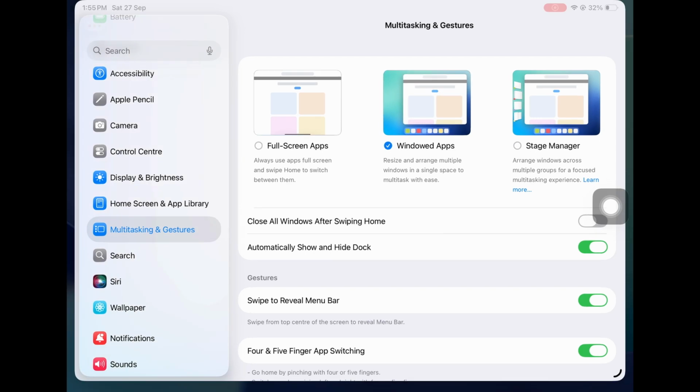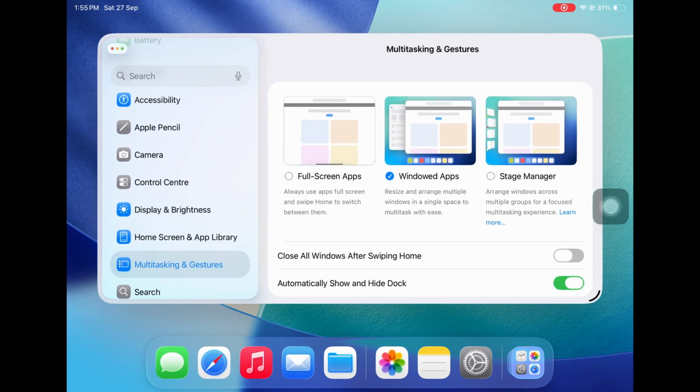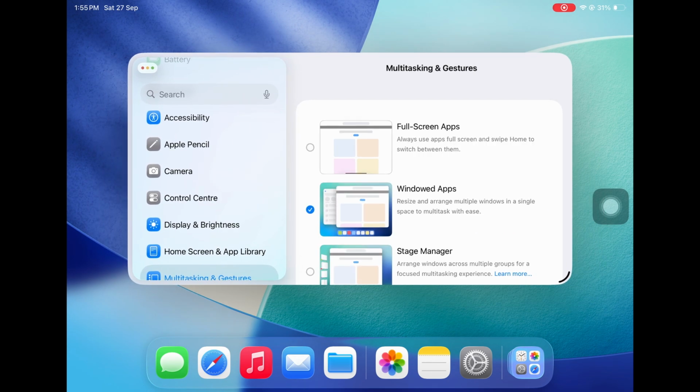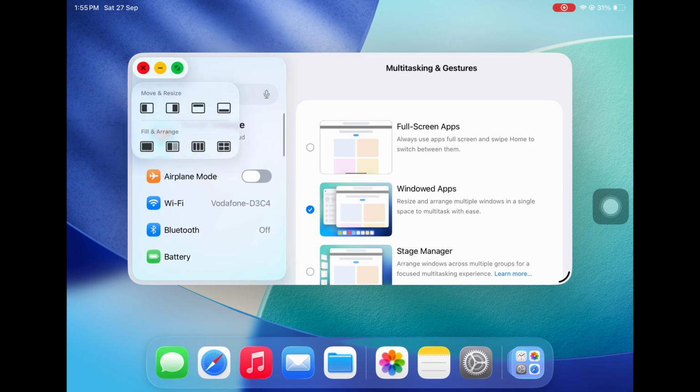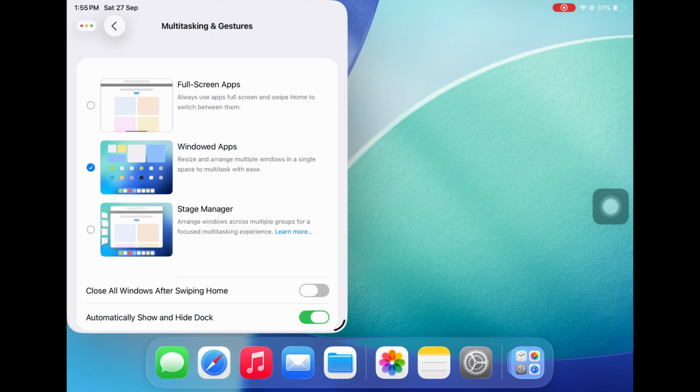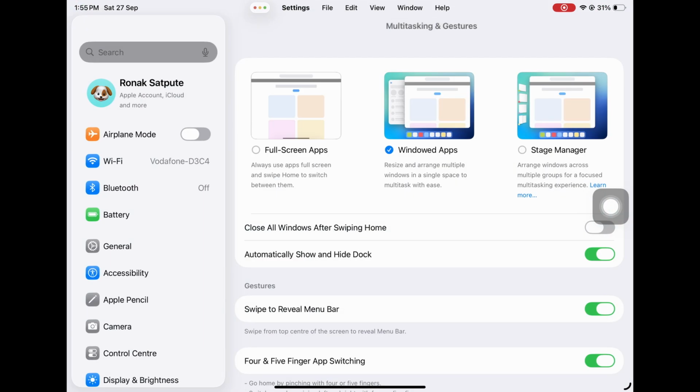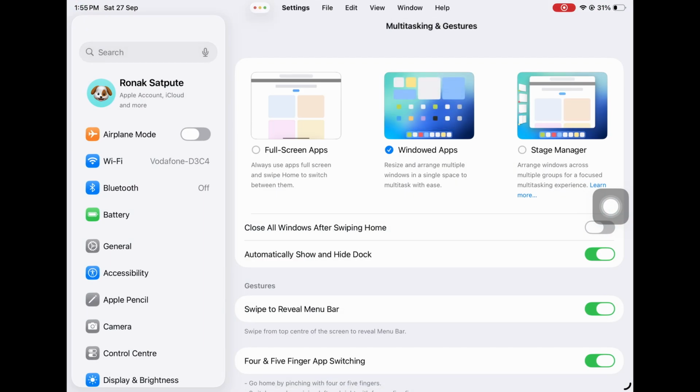With this, you get the option of resizing your window, similar to how you can do it on Mac devices. You also get the traffic light system, again similar to how MacBook is. And with this green button, you can even resize the window. That makes it more useful and very much similar to how Mac devices are. You also get the menu bar at the top with settings, file, edit, view, similar to how it is on